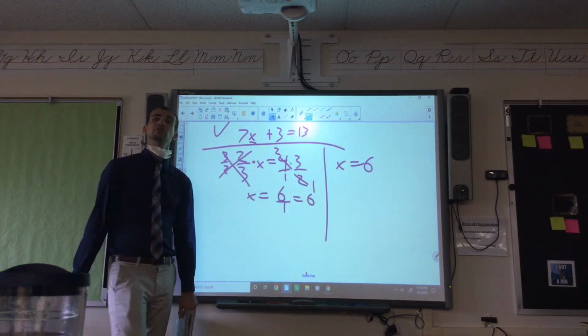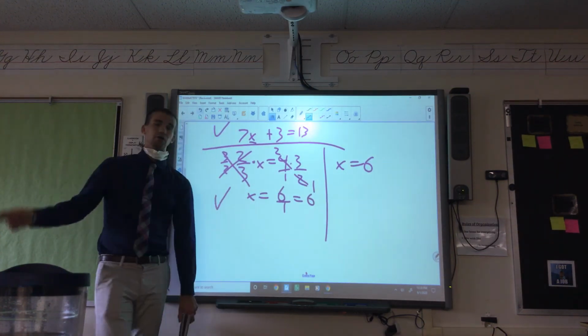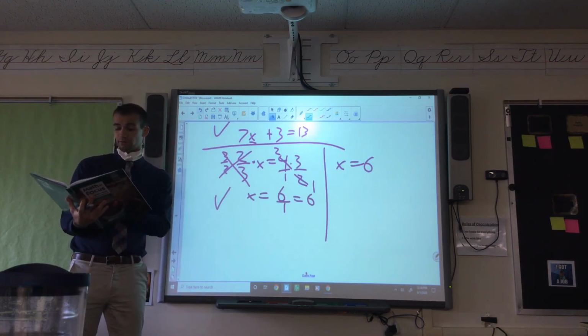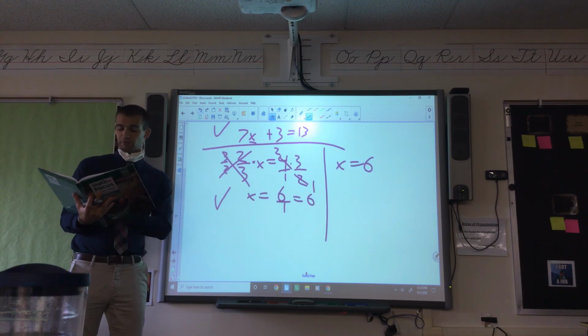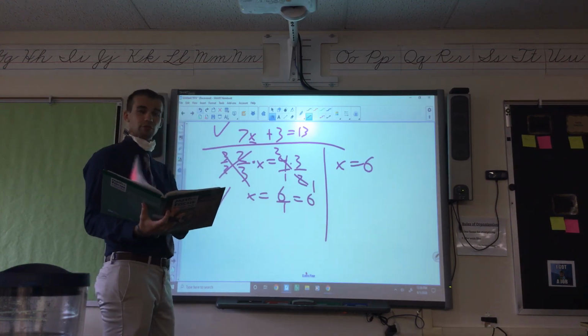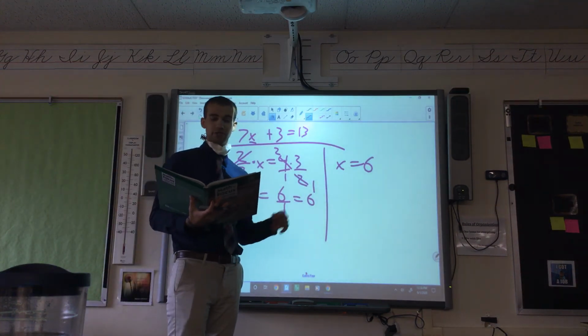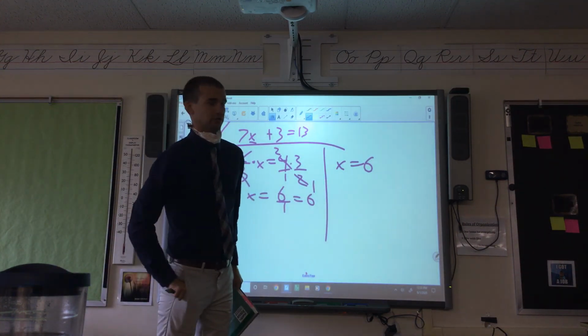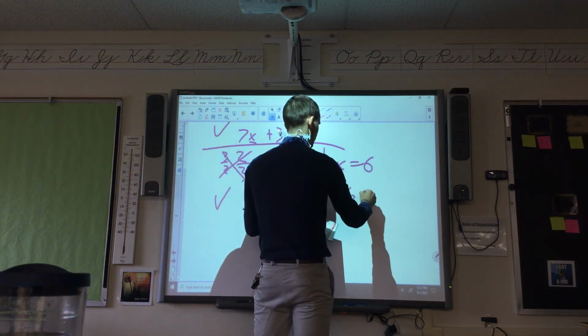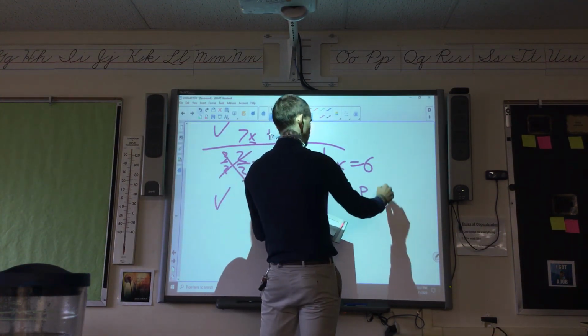Is this the same equation? Yes, it is. So you just need to show your work on those different ones on how they are the same equation, and then come up with the fact that they actually are. So you can look at guided practice 1 through 4 on page 195, check the back of the book to see if you have the right answer, and then you can start the assignment. Guided practice 1 through